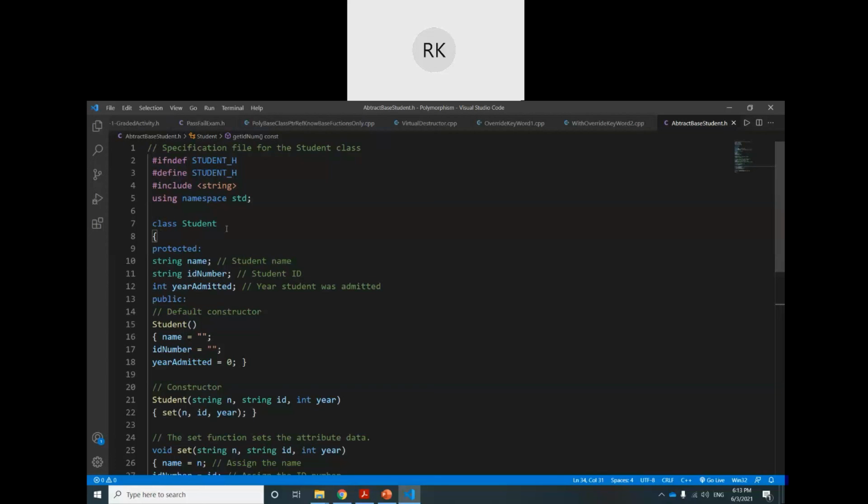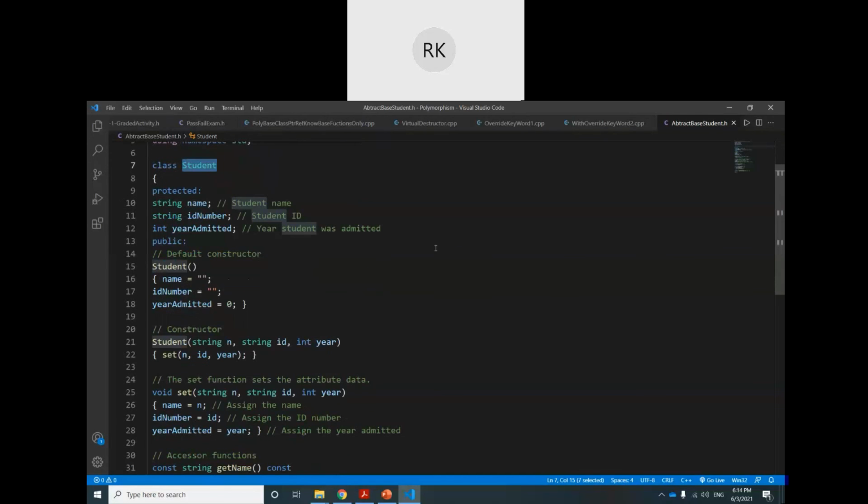Like a student, you see, class student. Student is a generic concept. It may be a school student, primary class, secondary class, master class; it can be any class student. So a student has general properties: a name, an ID number, and the year admitted.